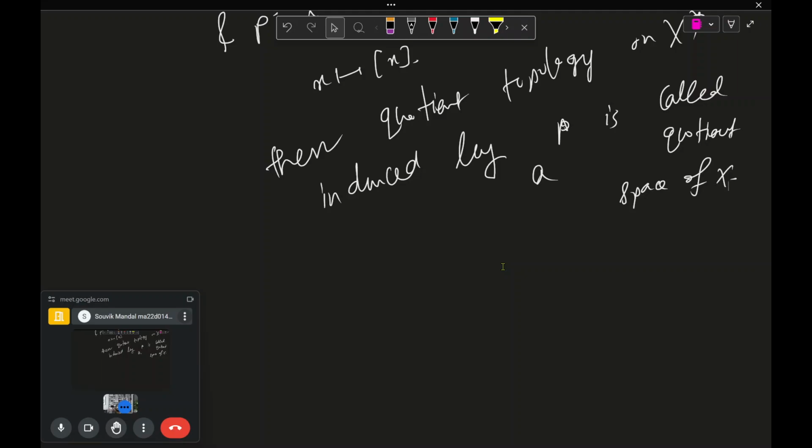Okay. Now this is a mathematical definition, but in general we need to show that all these things are homeomorphic to some well-known space. For example,